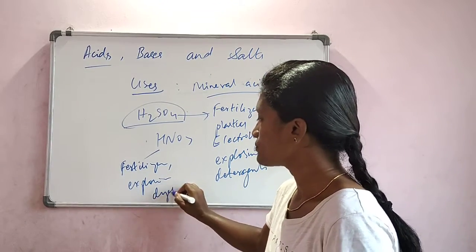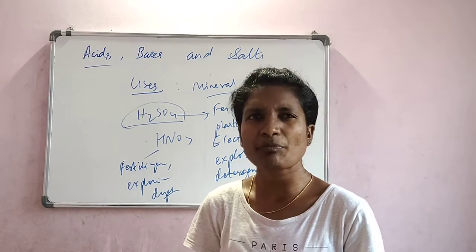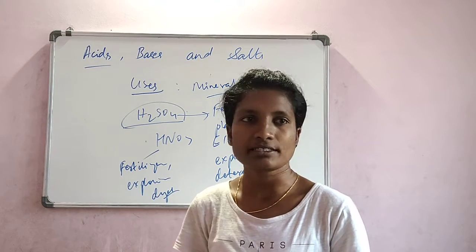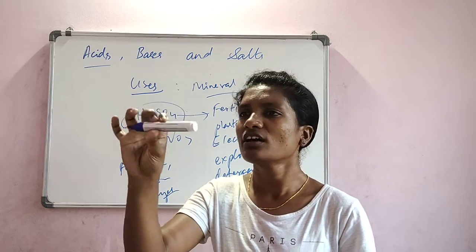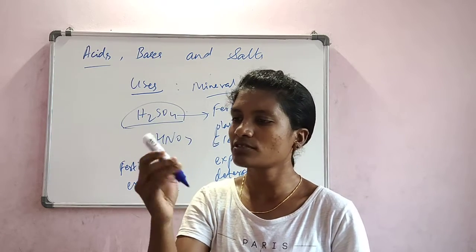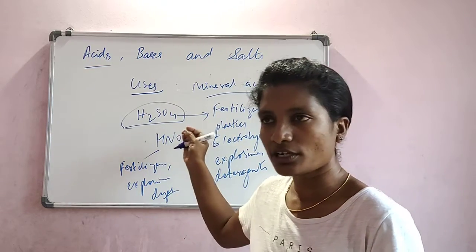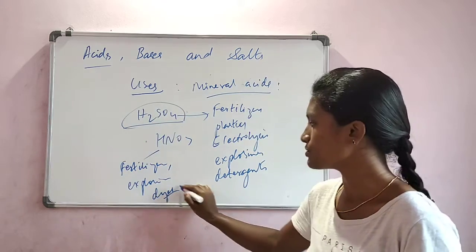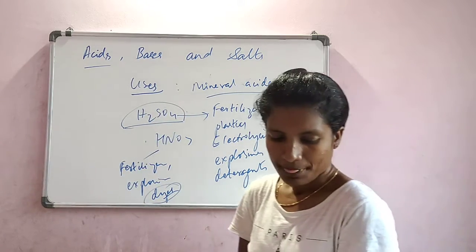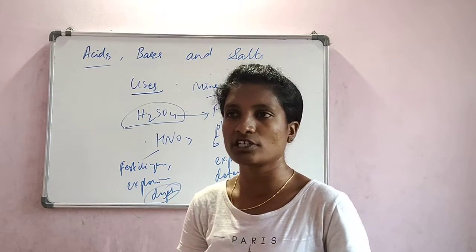Dyes are the colors which are used to give prints on cloths, or to give prints on metal objects. Let us say, this marker now contains many words here. To give these prints on this flex paper, we use nitric acid. It is not directly used. Maybe in the manufacturing of these colors, it is used. That is dyes. And then hydrochloric acid, as we know, it is naturally produced in our stomach.